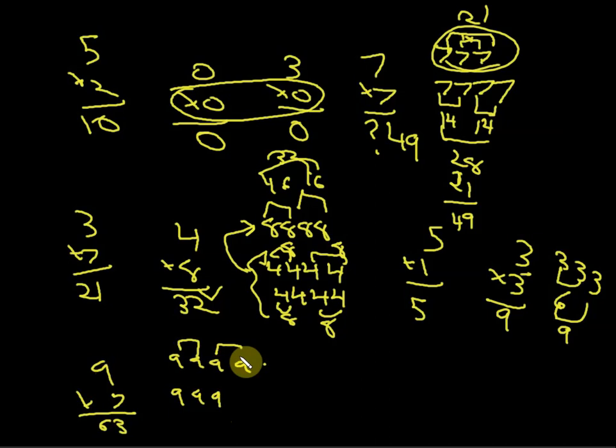So we have 18, 18, 18, and then 9. 18 and 9 is what? This is 27. What's 18 and 18? Well, this equals 36. So this is